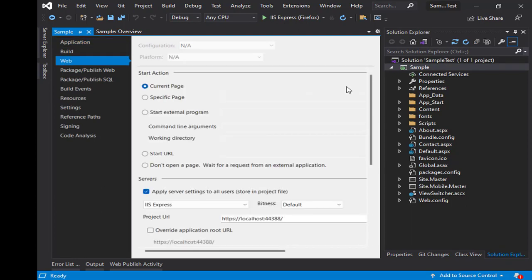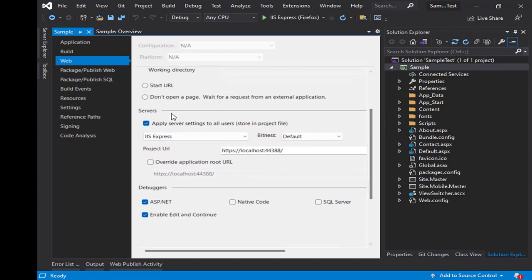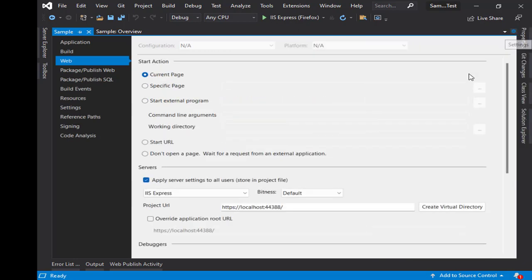If I click on the web, if you check a little bit down, you will see some IIS settings, this and that, project URL. There is a default SSL certificate that is there. Let me collapse this so you can see very well. Now, what you need to do is that I can choose to override it by checking